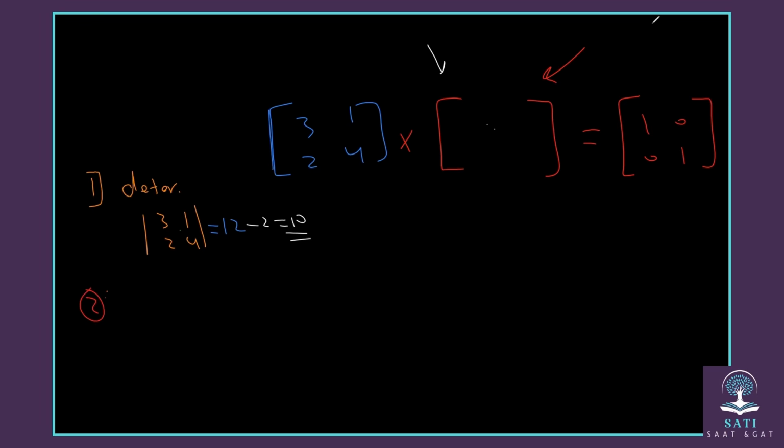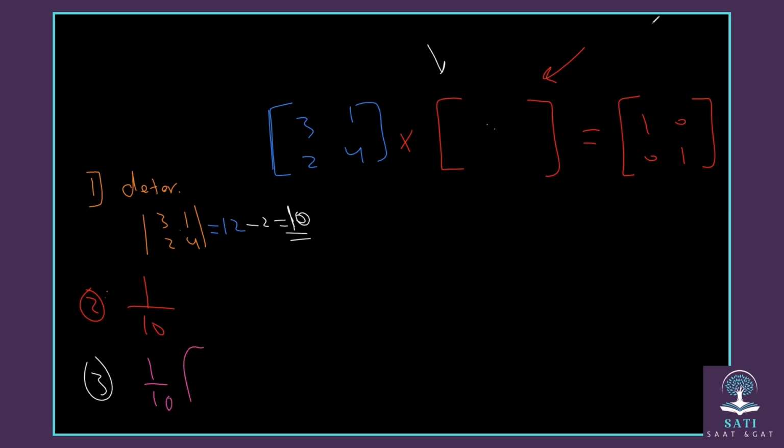So that means this is 10. You write it like 1 over 10. Whenever you find the determinant, you write its multiplicative inverse. This is 10, I'm going to write it like 1 over what? 1 over 10. And now this 1 over 10, you need to multiply it as the third and last step. This 1 over 10, you need to multiply it by